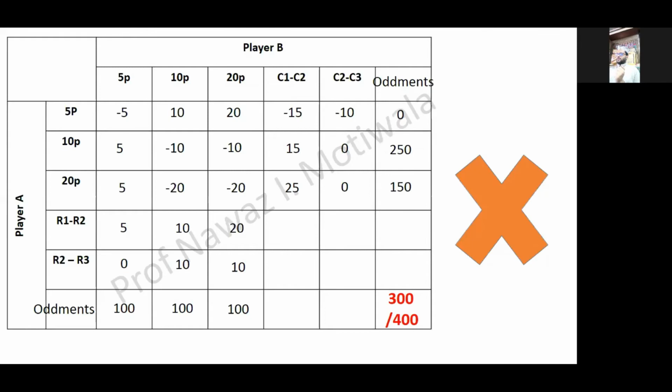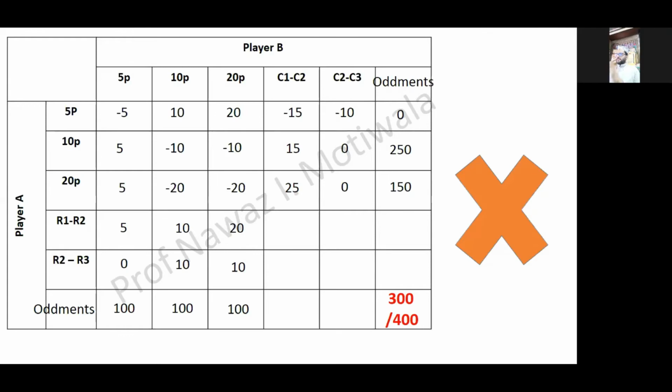Then you can directly go for augment method. Again I repeat my question. Let us say in a question it is given: find the value of this game by method of augments. Directly it is mentioned, and you see that there is a 3 by 3 matrix, then anyhow you have to go by augment method only. Then don't try with dominance and reduce it and then find the answer. That will be a wrong concept.